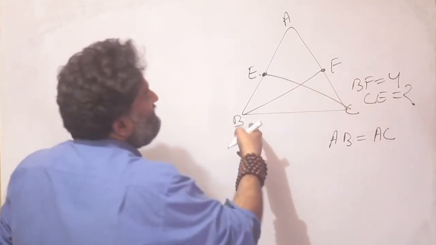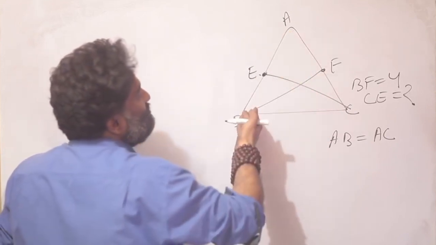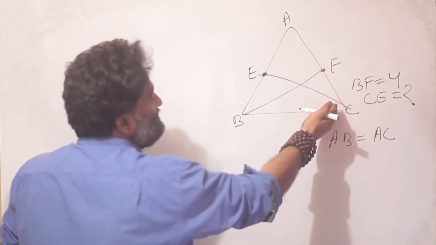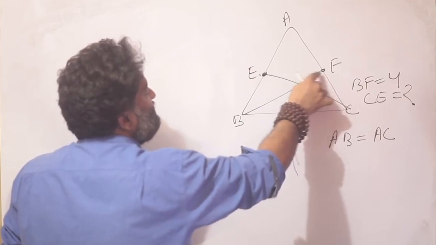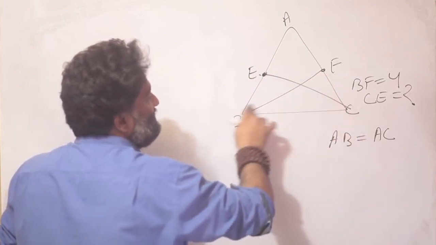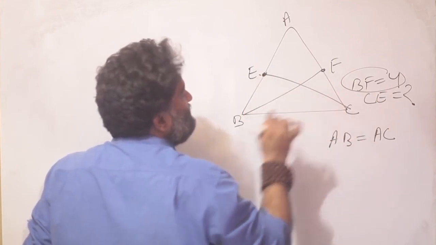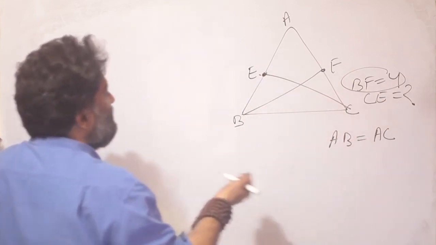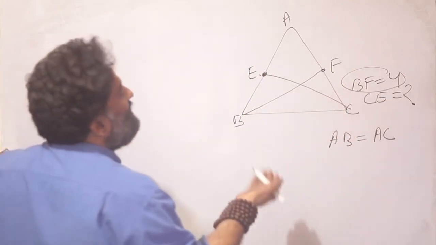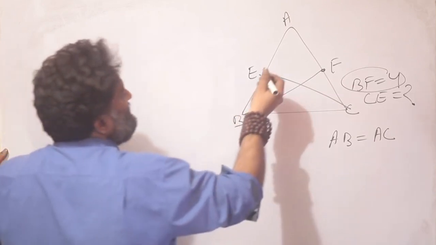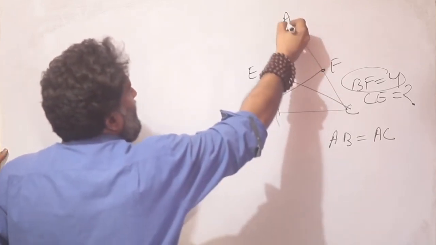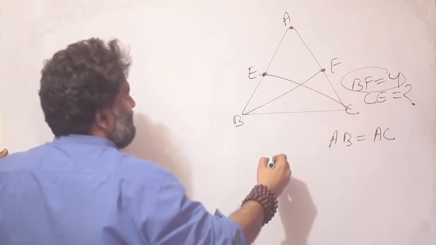So the information given is very simple. There is a triangle, two sides of the triangle are equal to each other, and the midpoints of the two sides are connected to the opposite vertices. Size of one of these segments is given as 4 units, and you're asked about the other. So once again, obviously by now we should know that we're going to go for congruency, and I see there are two triangles involved. I have AEC,